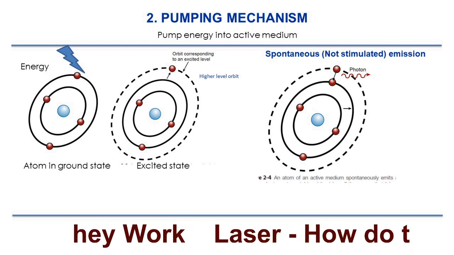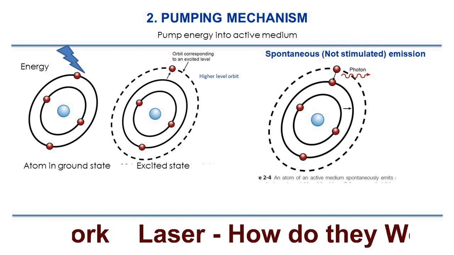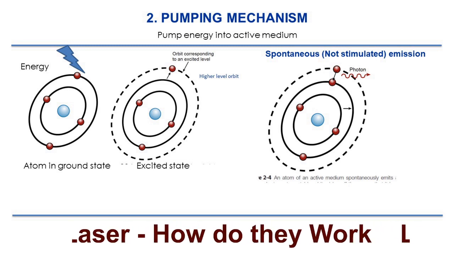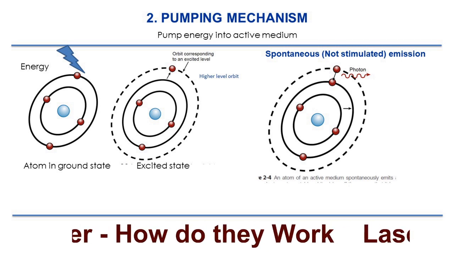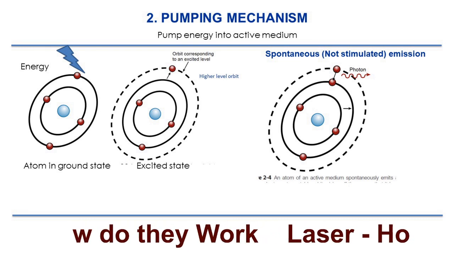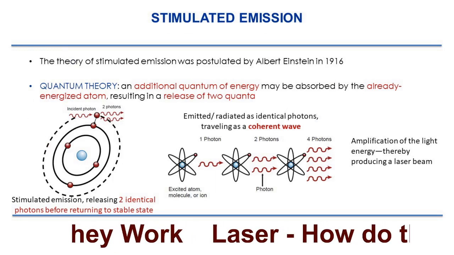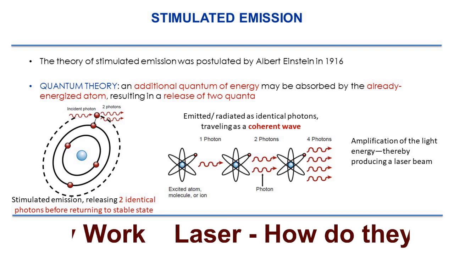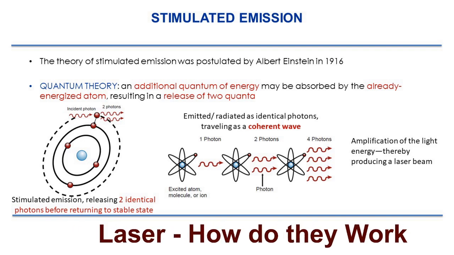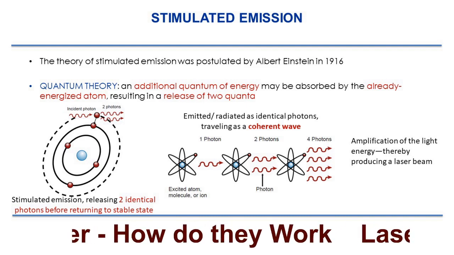So now slowly the atoms in the ground state are getting moved into an excited state. When this happens, these electrons are unstable and thereby will jump back into the ground state orbit by releasing a photon, which is nothing but a small portion of the energy. So it releases energy and comes back to the ground state orbit. So these released photons will hit other energized electrons of the adjacent atoms and cause release of double the amount of photons, which are identical to the incident photons.